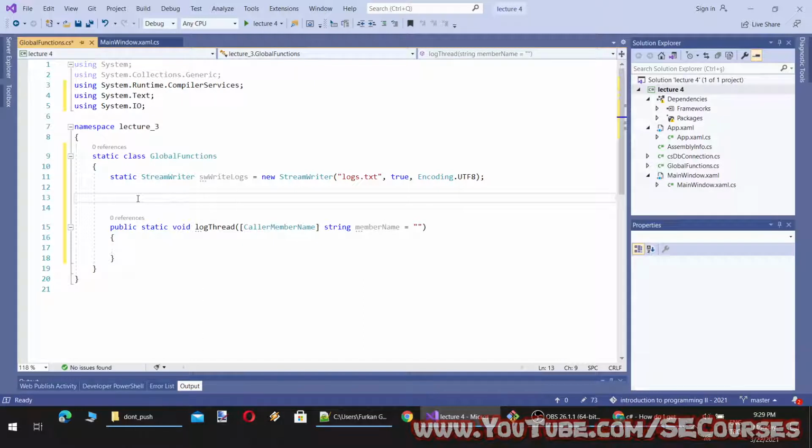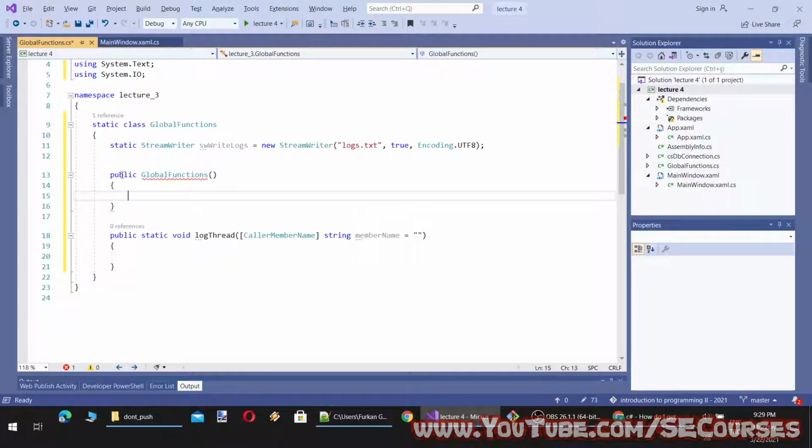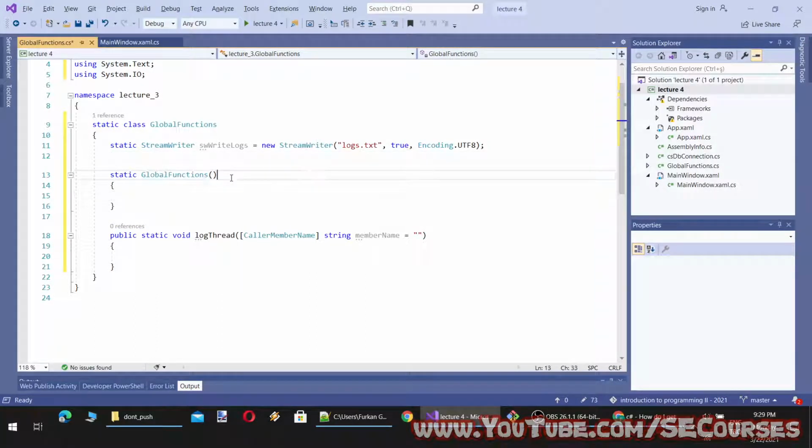When you first call a static method from a static class, it will get initialized, and I will show you that as well. The initialization of static classes is the same as other classes. So this will be the constructor of the static class.